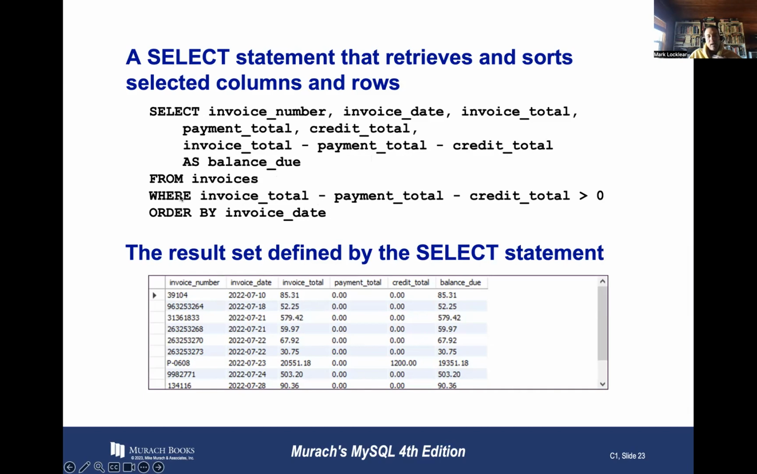Okay. And then there's what we call a where clause here, where invoice total minus payment total minus credit total is greater than 0. And then we've got an order by command here, and you can think of that like ascending or descending. So we're going to order by invoice date. So if you notice the results that are returned here,